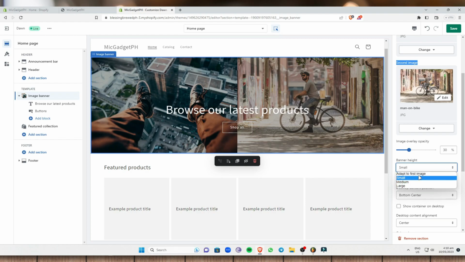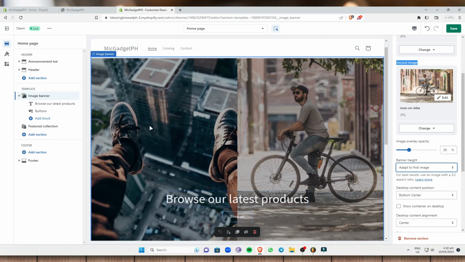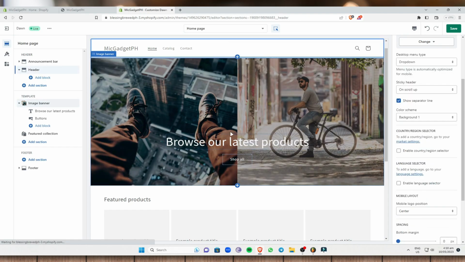If you click on adapt to first image, automatically it adapts to the first image. So it's up to you actually. Personally, if you ask me, I like to put my image banner into medium, and that way it is not very big, it is not very small to look at, it is just right to look at, and it's not very